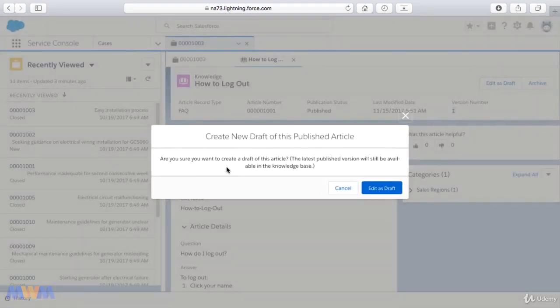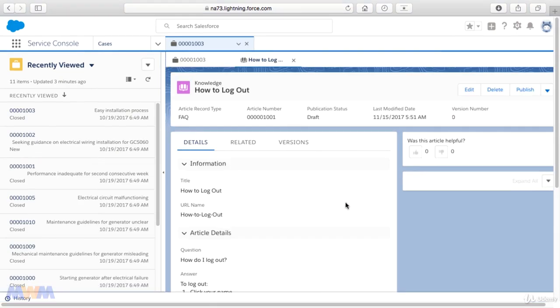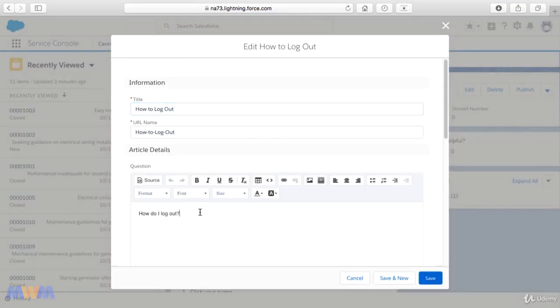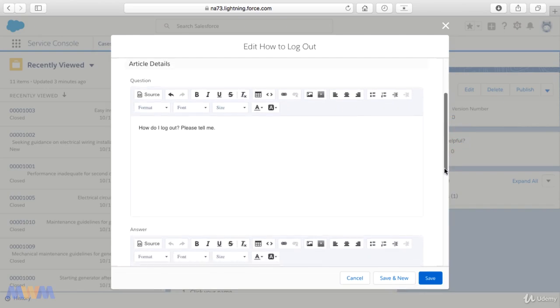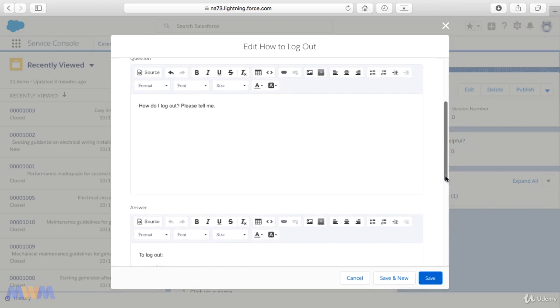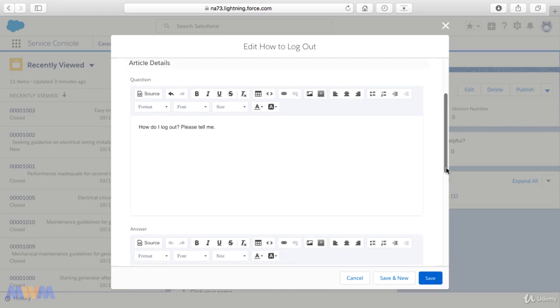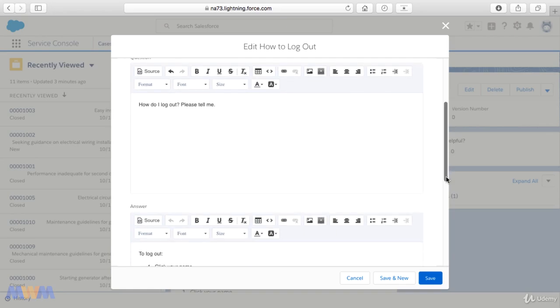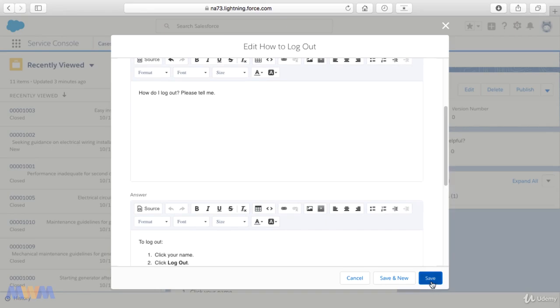And so it says, are you sure you want to create a draft of this article? The latest published version will still be available in the knowledge base. So we edit as draft. And so now we can make changes to our knowledge article, and just bearing in mind that knowledge articles are informational sort of assets that you provide to end users, and think of it like technical writing or documentation or online help. And this is Salesforce's way of enabling you to provide further guidance and help for users that's beyond